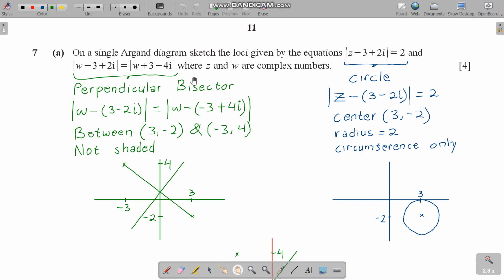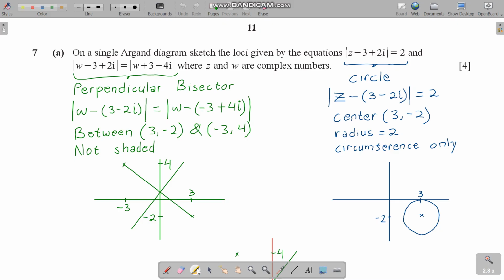The question is about complex numbers. On a single Argand diagram, sketch the loci given by the equations the modulus of z minus 3 plus 2i equals 2, and the modulus of w minus 3 plus 2i equals the modulus of w plus 3 minus 4i. 4 marks. So